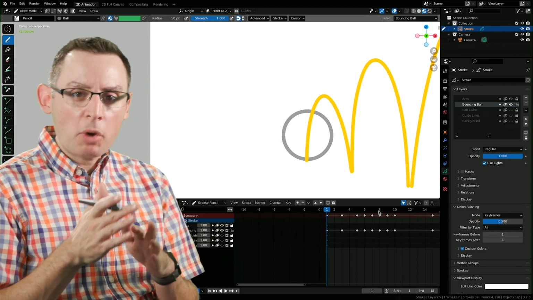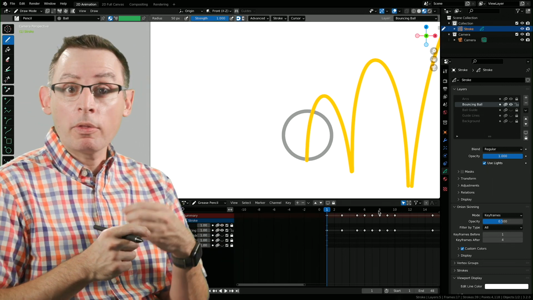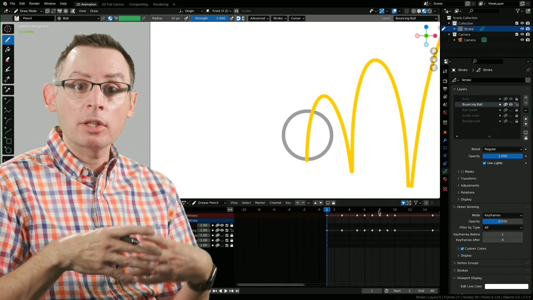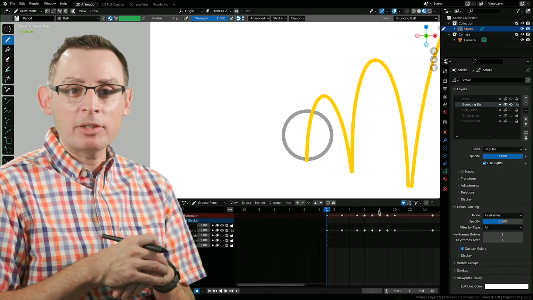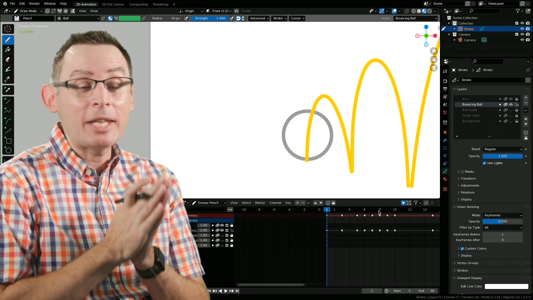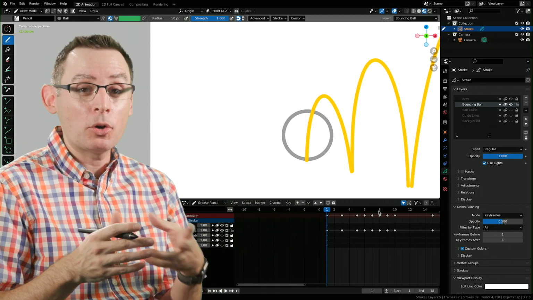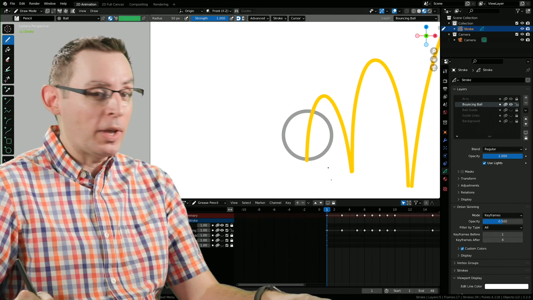I'd like to be able to keep track of those so I can understand which are the keyframes and which ones are the in-betweens, the minor drawings that support the storytelling or keyframes. And we can do so quite easily by changing the keyframe type. Now, this is an optional thing to do. It doesn't really actually do anything inside the computer other than change the color of our keyframes, which I find to be incredibly useful and very helpful.